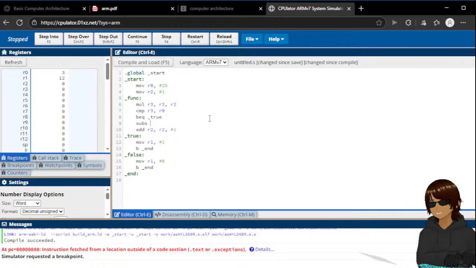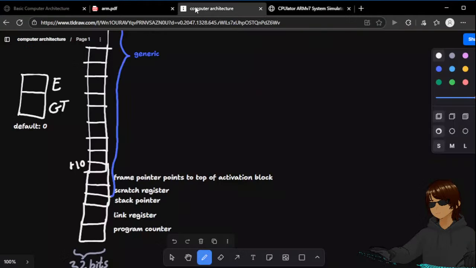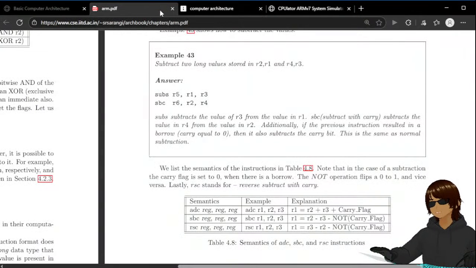R3 stores the square, right? If the square number in R3 is more than R0, so 25 minus 1 and then 25 minus 4 and then 25 minus 9. Store it over here. But if there is an overflow,